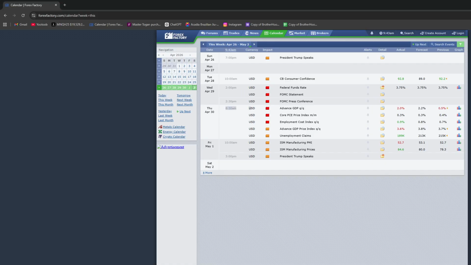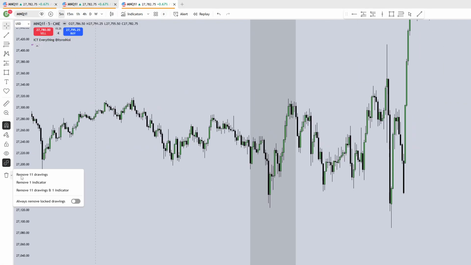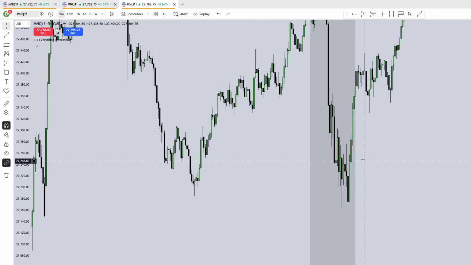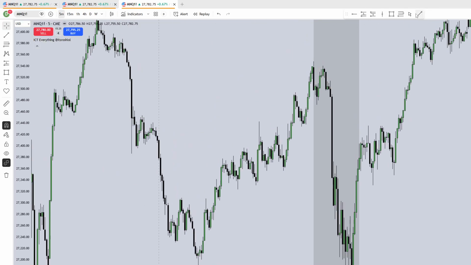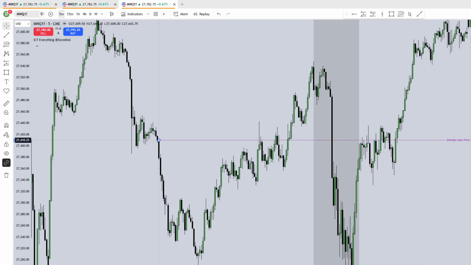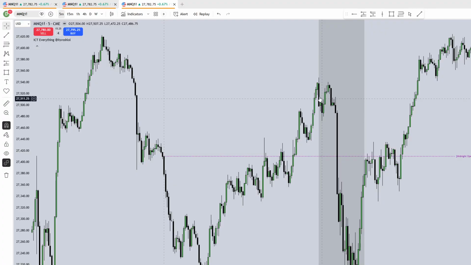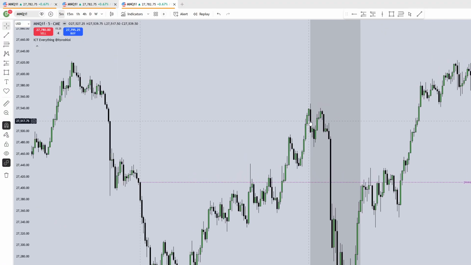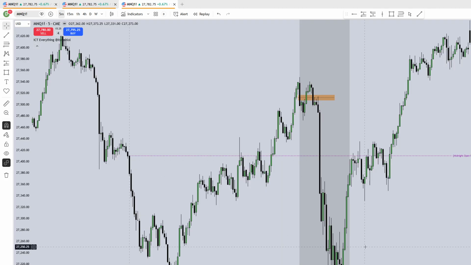a Thursday AM session. So I'll get rid of all my drawings. Same thing. Always marking out midnight open to see where we are, premium discount wise. So I was watching the whole AM session. We had 8:30 news, and notice how I'm using this to give me a narrative into the actual section where